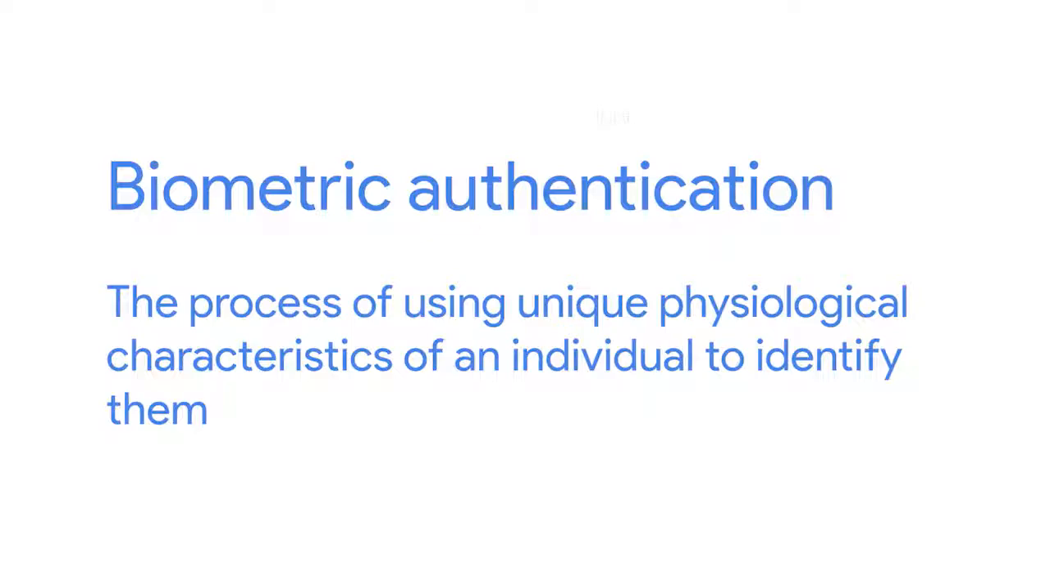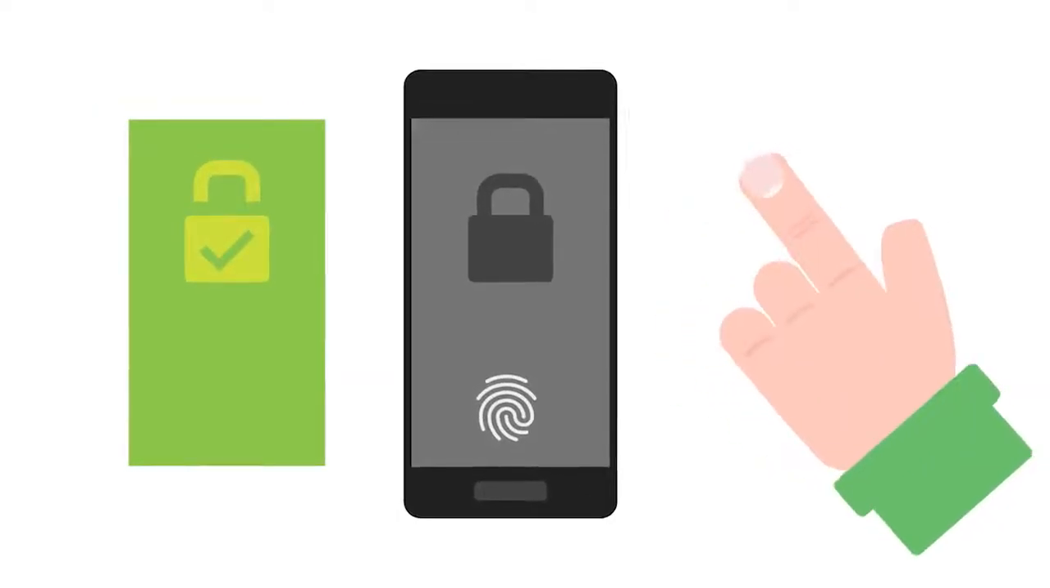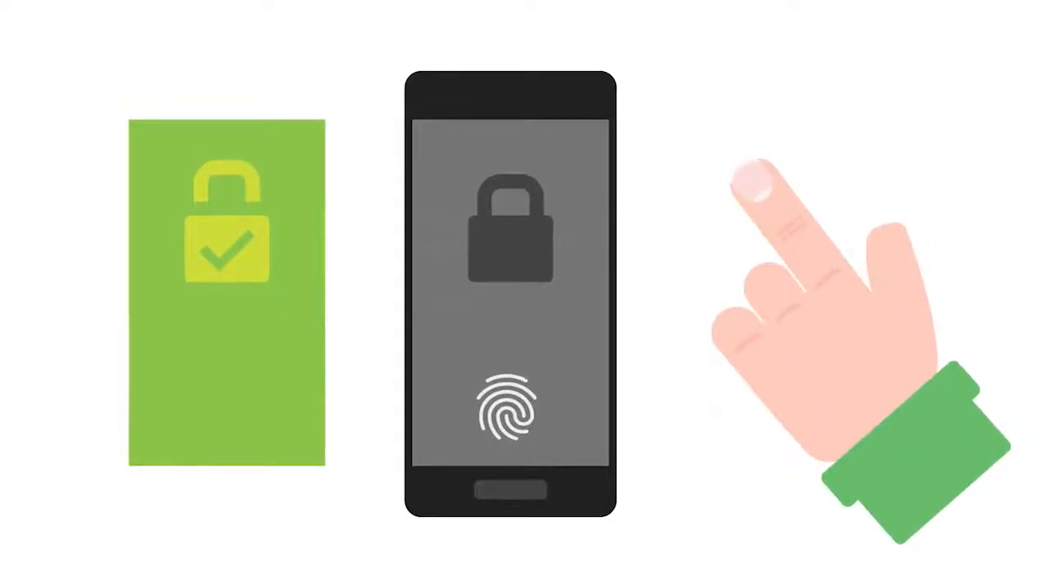Biometric authentication is the process of using unique physiological characteristics of an individual to identify them. By confirming the biometric signature, the individual is authenticated. A very common use of this in mobile devices is fingerprint scanners to unlock phones. This works by registering your fingerprints first, using an optical sensor that captures images of the unique pattern of your